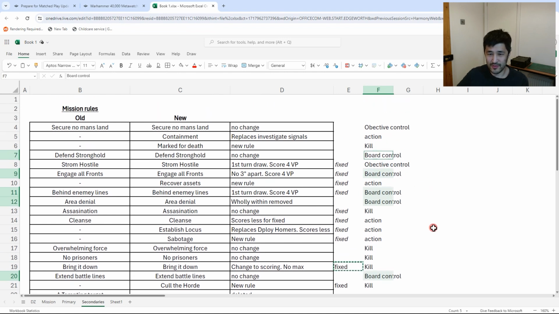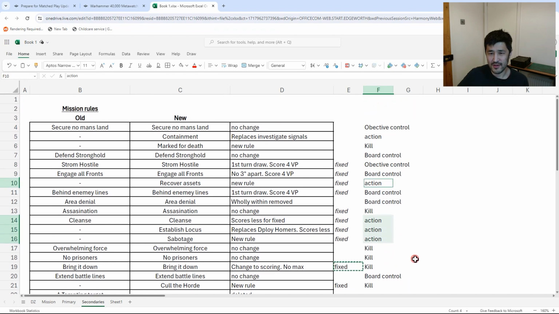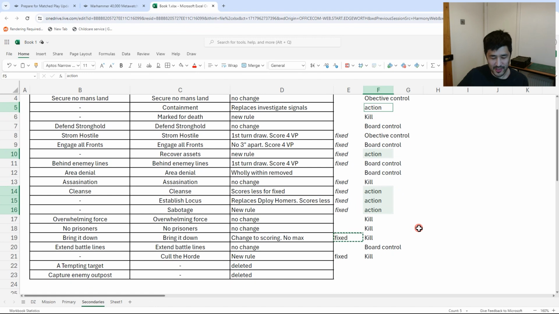Four board control. And then what I called is two objective control. With capture enemy outpost and tempting target removed, and then actions. Basically there are six actions, five action ones. So with that being said, if there's 18 cards and 5 of them are actions,